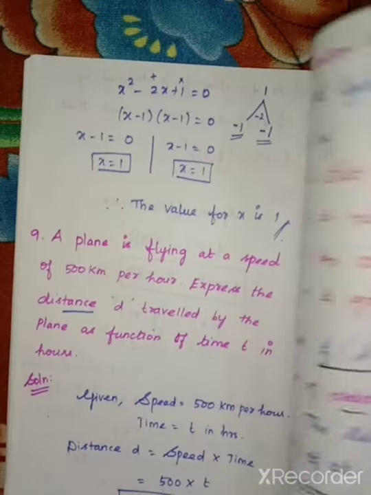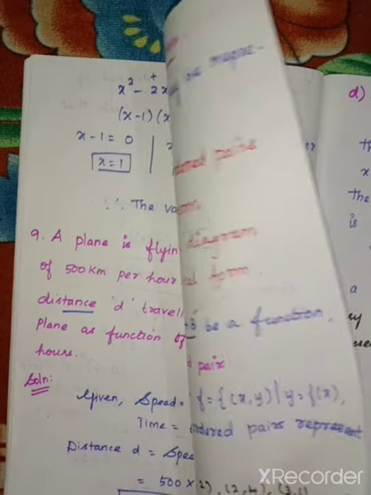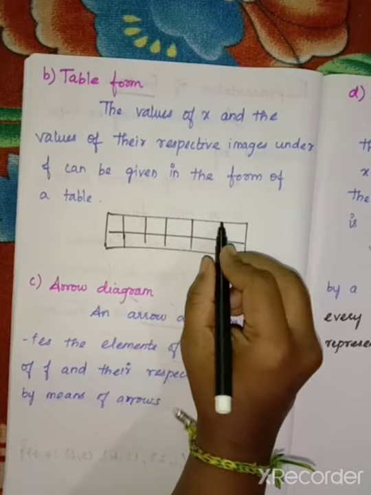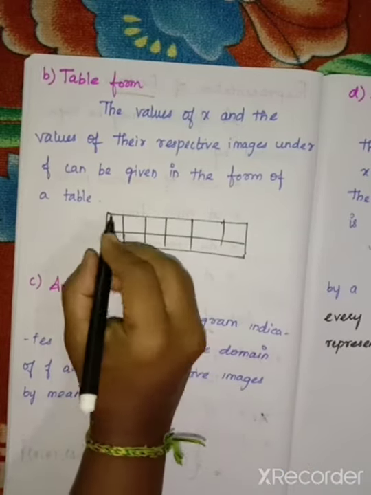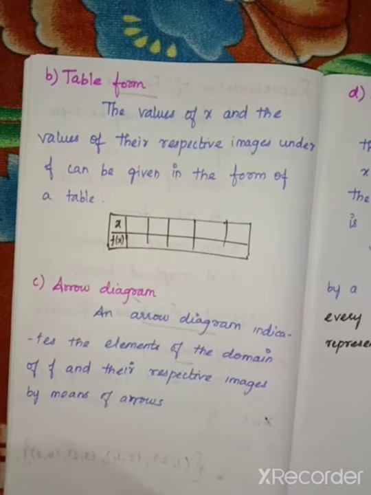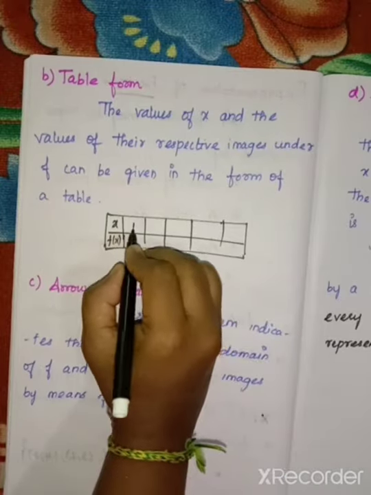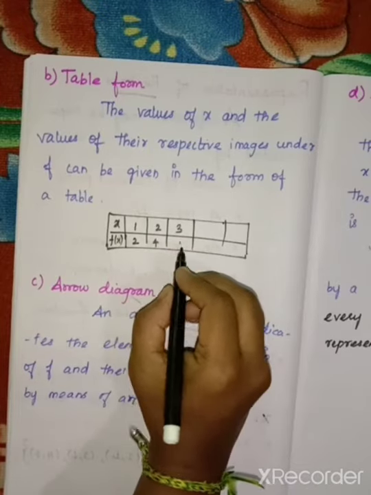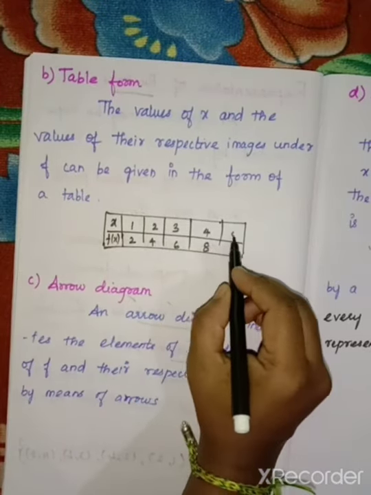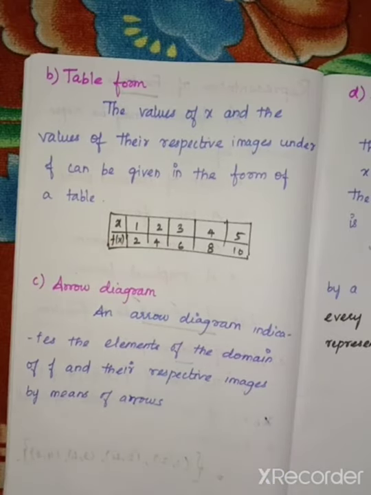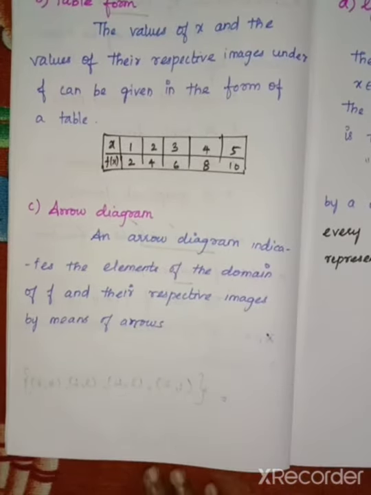So here already we have to write the 4 set of ordered pairs. So you just have to take 4. So 1, 2, 3, 4, 5, because I have written an extra one. First you have to mention the values x and f of x, because the condition is x and f of x. So for 1 we find 2, 2 is 4, 3 is 6, 4 is 8. Likewise 5 is 10. If we find the values for the set of ordered pairs, the table form is so easy to solve. Then the next one is the arrow diagram.